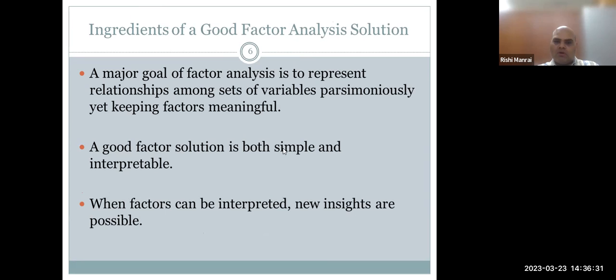A major goal of factor analysis is to represent relationships among a set of variables parsimoniously. That is a very important word here, yet keeping factors meaningful. The bottom line is that we have to keep the number of factors parsimonious. The number of factors cannot be very high, and besides that, these factors should be meaningful. We cannot just join factors or do random factor analysis, because